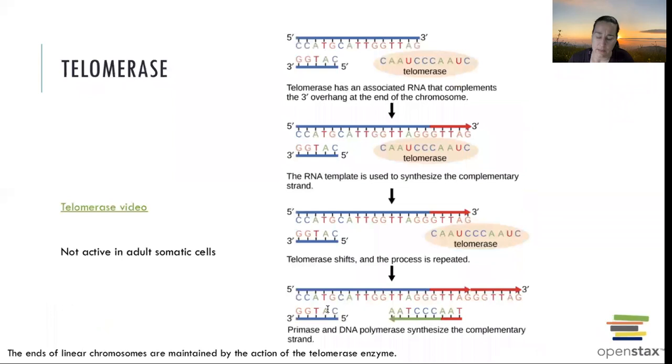Every time we replicate, those snap off and those don't get recreated. One of them snaps off and the cell copies its DNA again. It goes through mitosis again, and then we snap it off. And then we go through again and again and again. So after maybe 100 times, that cell can't copy itself anymore. It can't go through mitosis anymore because now it's going to start losing its good DNA and it's lost all of its junk. So there's an enzyme,